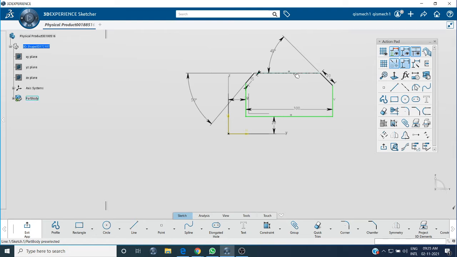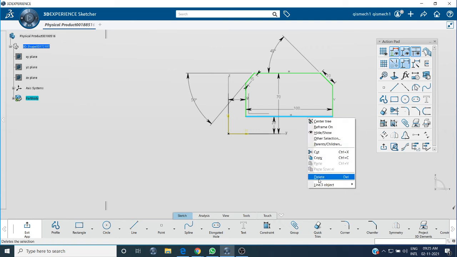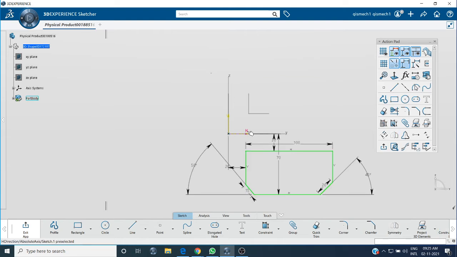While you are doing the symmetry, some positions may change. So again you need to go for dimension, and then it will become isoconstant. Similarly, now I don't want to put this profile in this YZ top plane. I want it in the bottom plane, the bottom side. So just select the object, then auto search, symmetry with respect to the horizontal axis. I think everyone is clear on this.